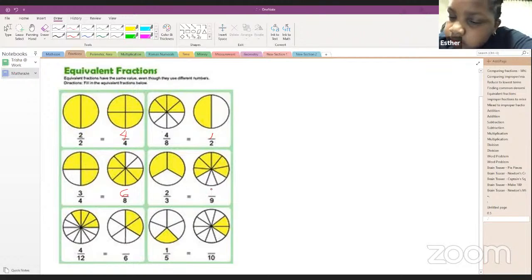Six. Yes. Yeah, that's right. So you just count the shaded 1, 2, 3, 4, 5, 6, and that's what's missing. And then the ones at the bottom would be the total number of slices. And they're still the same. If you look at the drawings, we shaded the same size. It's just this one's cut in bigger pieces than this one. And then